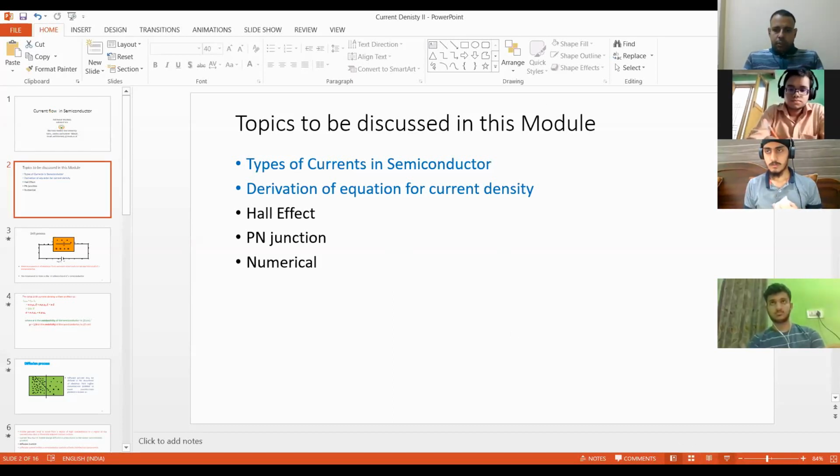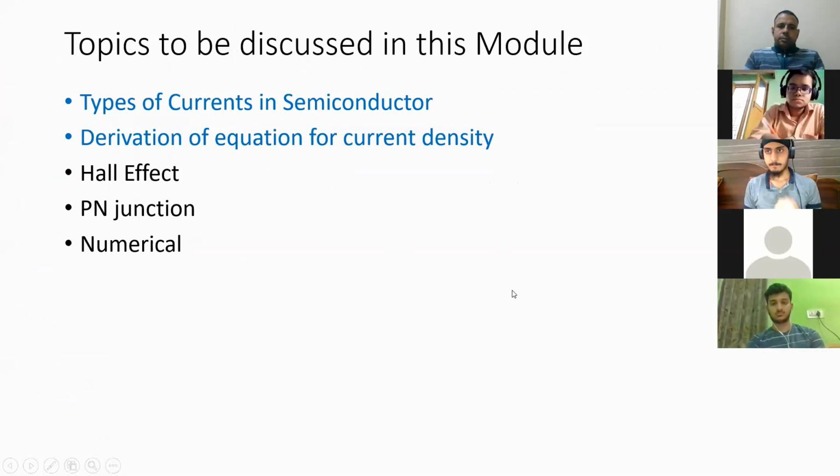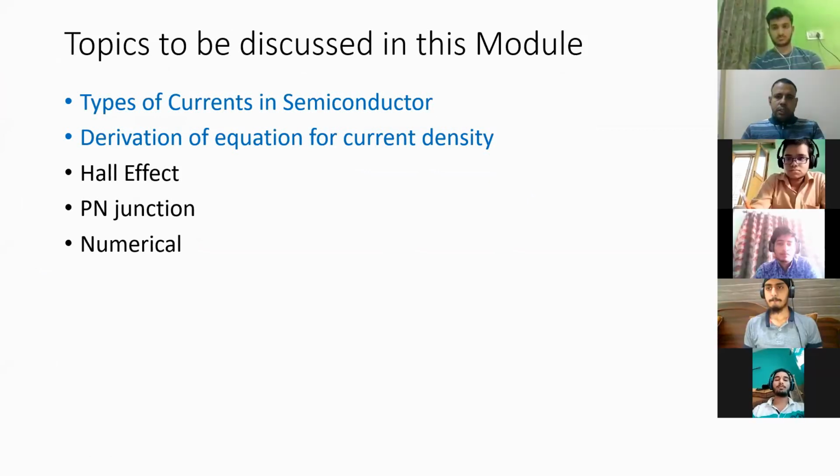So I am starting with this topic, that is your semiconductor. In this module, we have already discussed types of currents. In that, we have discussed drift current, and in this particular class, we will be discussing your diffusion current, and then we move towards Hall effect. All of them are very important as far as your device is concerned. It's not a normal thing. It's a thing which is of utmost importance as far as semiconductors are concerned.